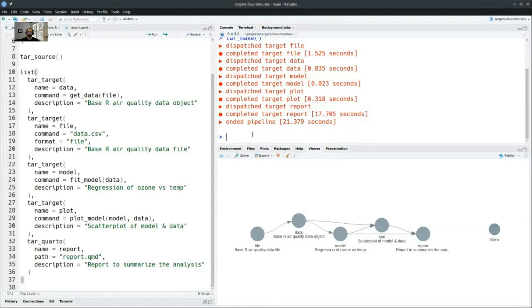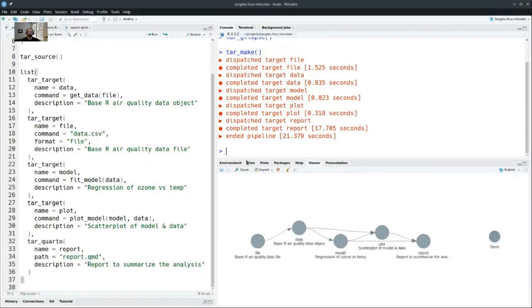And do you typically have that tar make within that targets.R file, or do you just run that in the console? You can run it in the console. It's important that it exists separately from targets.R. So the script is actually instructions for tar make. And if I were to put it somewhere in here, it would call itself recursively in an infinite loop. And I know I shortcutted to run parts of this code a few minutes ago interactively, but this is really not for interactive use. This is for a function like tar make or tar glimpse. Right.